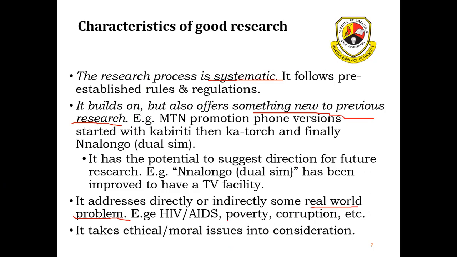So the real world problems here, you see examples of poverty, corruption, and so on and so forth. So I'll give you the example of the research I gave. For me, it was motivated by the issue of poverty, that we as ICT4D designers, if you're designing any ICT for a developing context, case study, your objective is to improve livelihoods. But if it's not doing that, then you must find out what are those issues underneath that actually prevent this solution from working, and how can we take care of them?